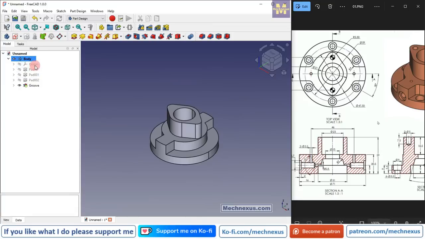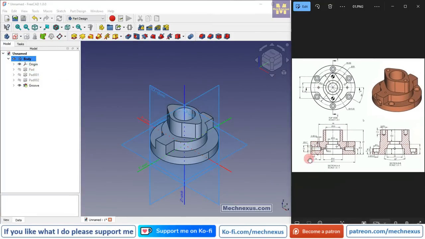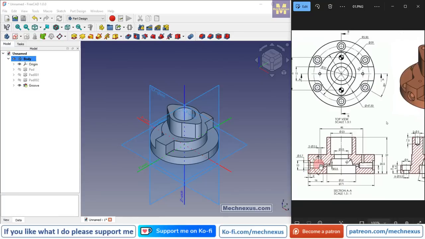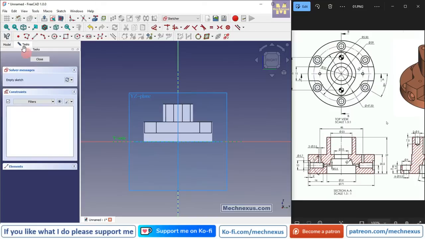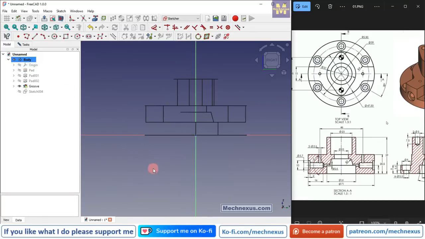Now we will again turn on our plane. Now we will create this feature, which is a revolve cut circular profile. So this is a type of a drill which is opening in our revolve cut here. So we will use the same groove feature to create this profile. So we will select this plane and click on the sketch, and from here I will switch to the wireframe and turn off my origin plane, and now